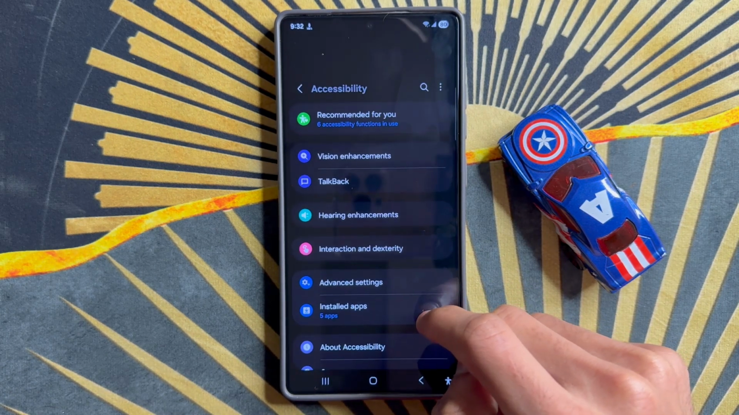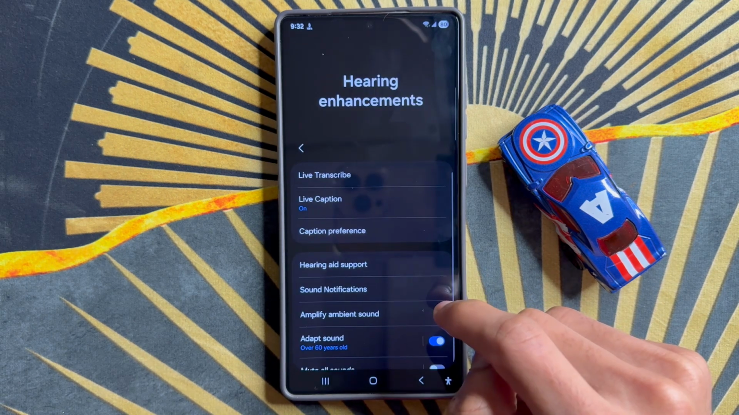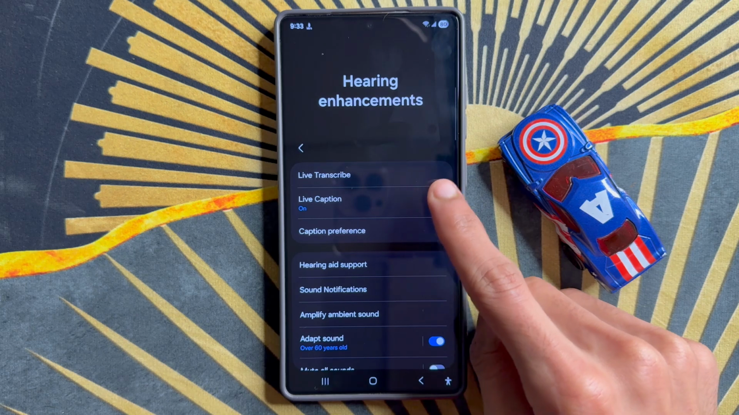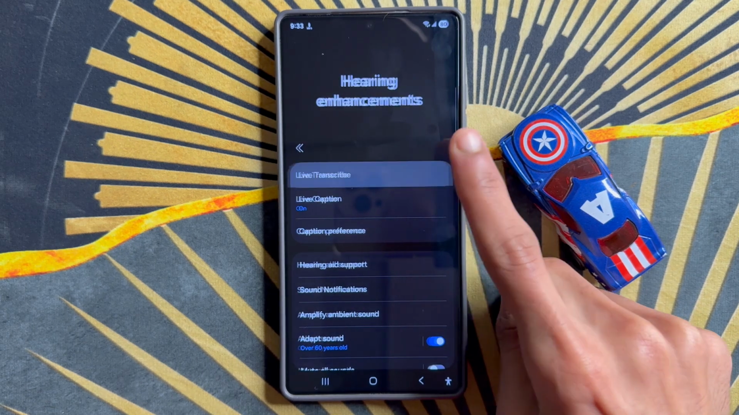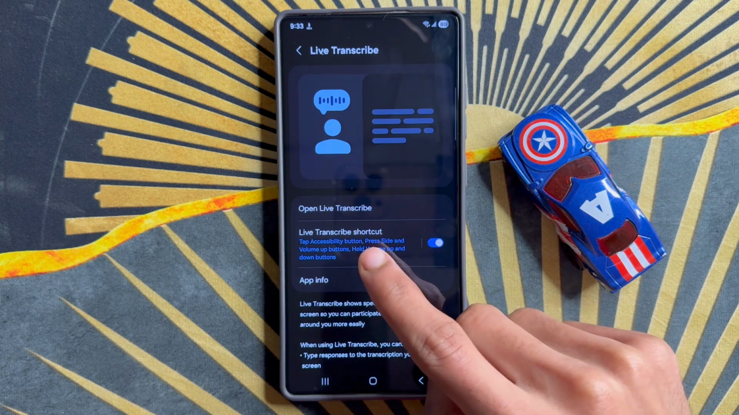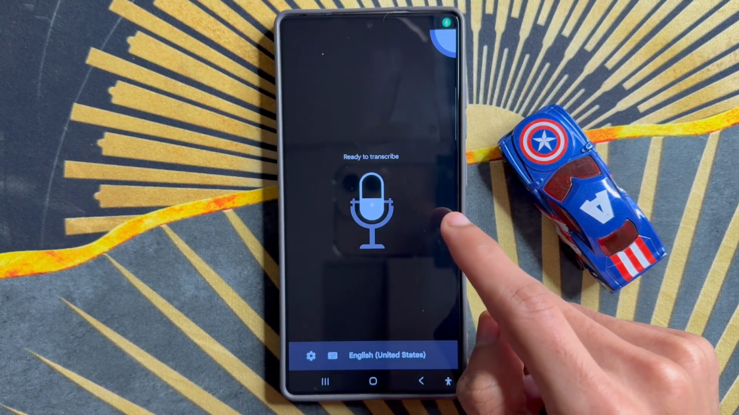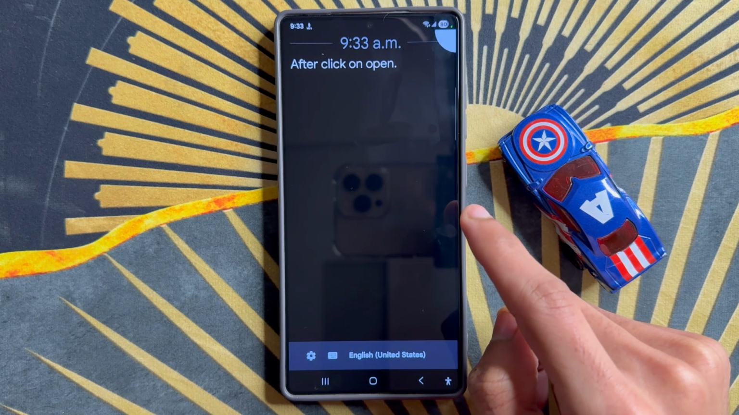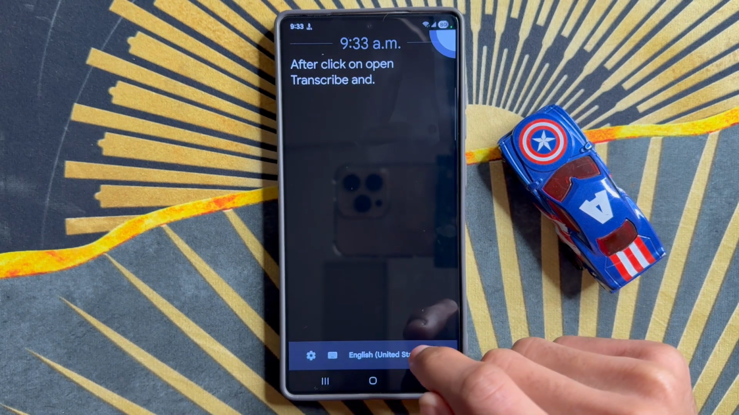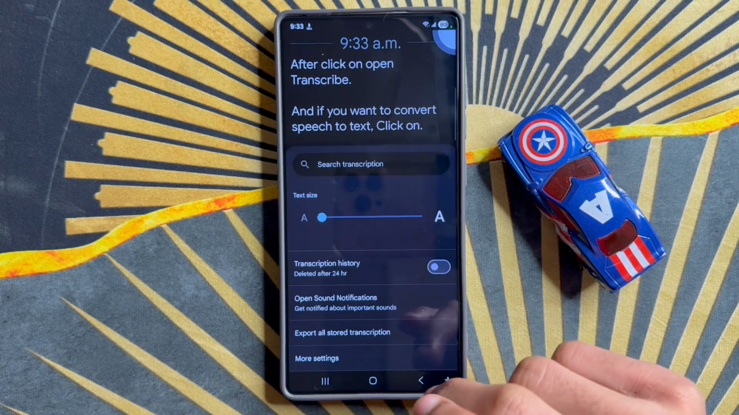After clicking on Accessibility, click on Hearing Enhancement. After clicking on Hearing Enhancement, you will see the first option is Live Transcribe. Click on Live Transcribe and click on Open Live Transcribe. After clicking on Open Live Transcribe, if you want to convert speech to text, click on this settings icon and